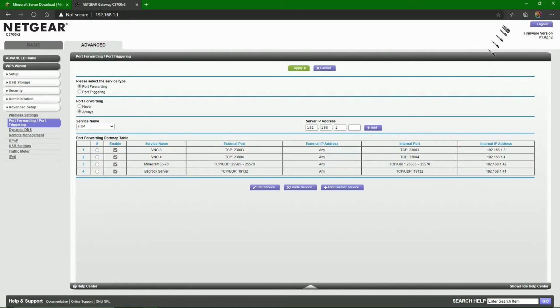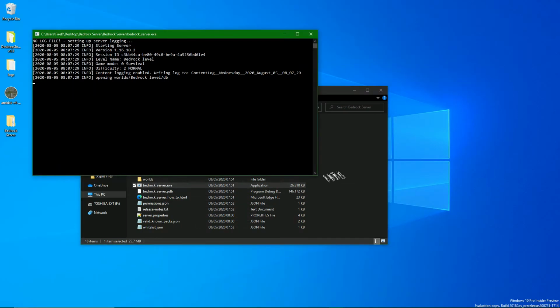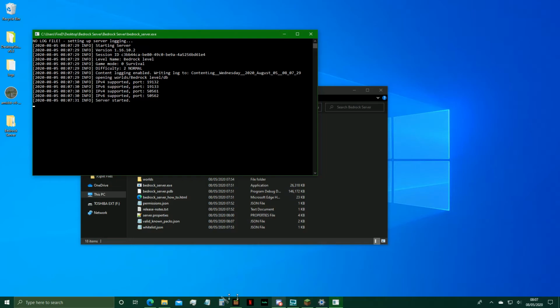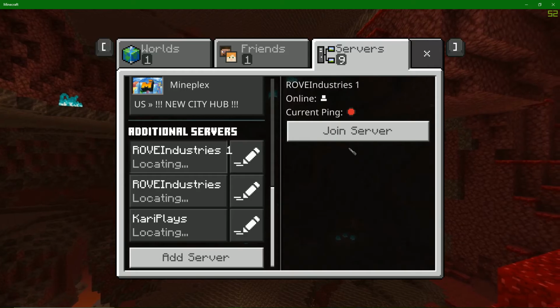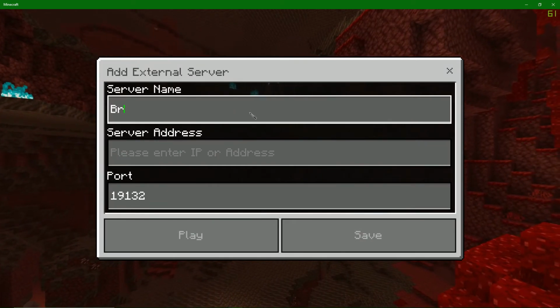And once that's done and saved, you can go reload up your Bedrock server. It's going to load it up. You can see, again, it's on 19132, and that's what we just forwarded. So we're going to go back to our Bedrock game. We're going to add a server. Bedrock